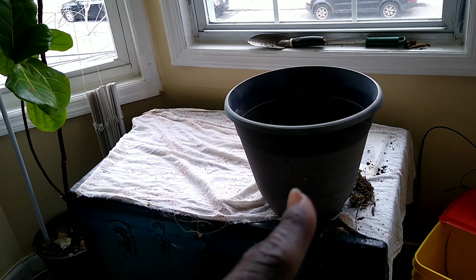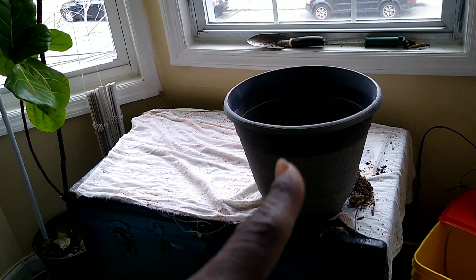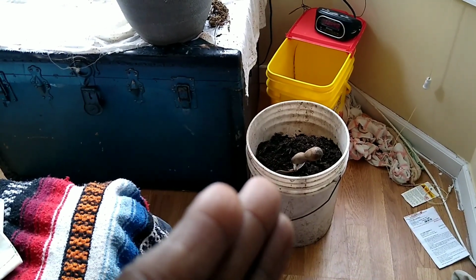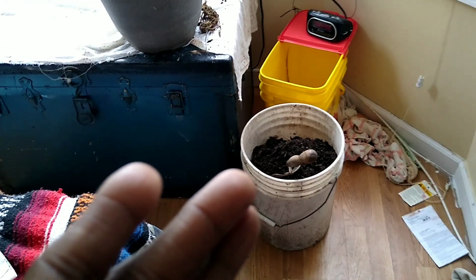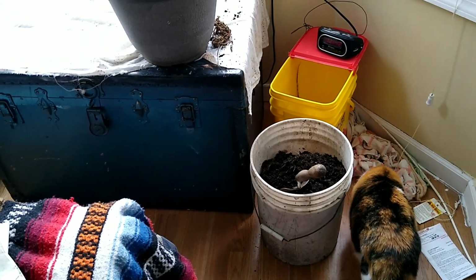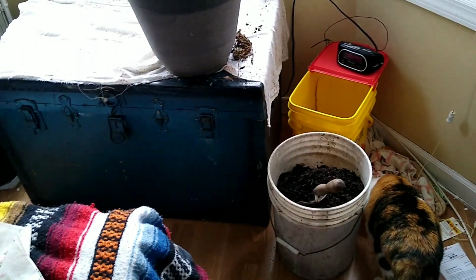So I have this pot here. I actually used it last year in a container outdoors, and I have some soil here which is old potting soil from different containers. I would normally mix it half and half, soil and potting soil from old containers, and that's what I have in here. I have some in the bottom,